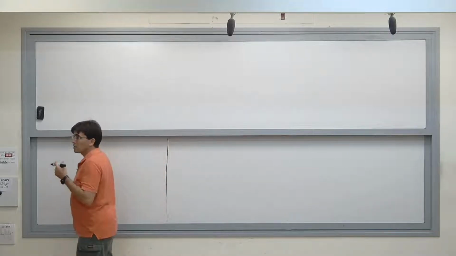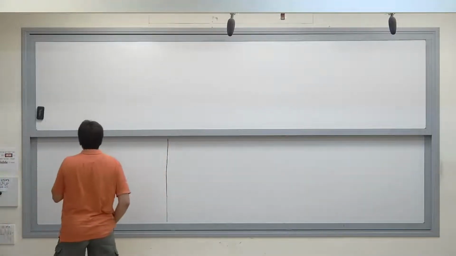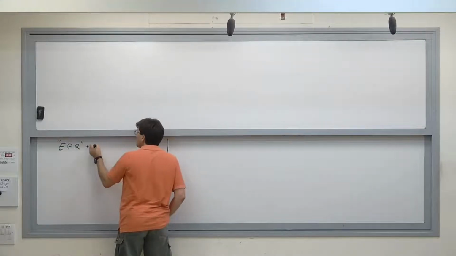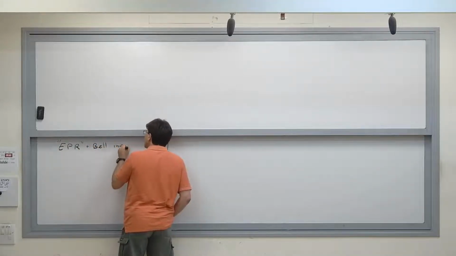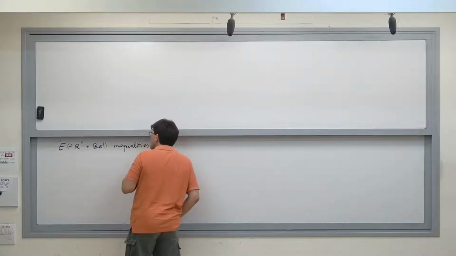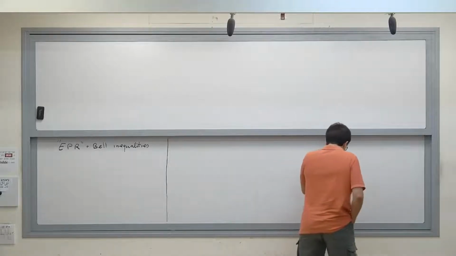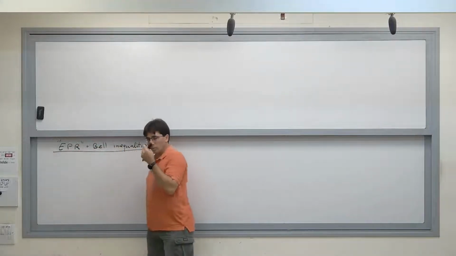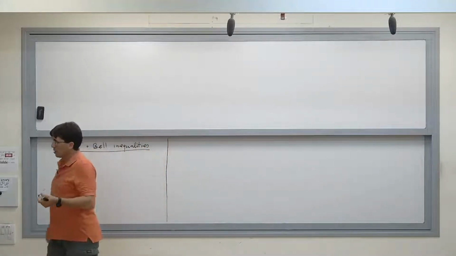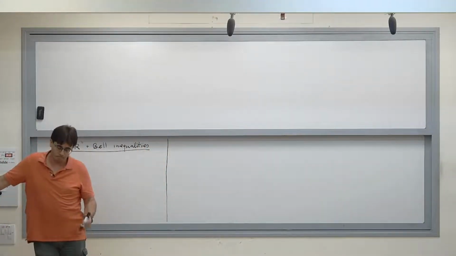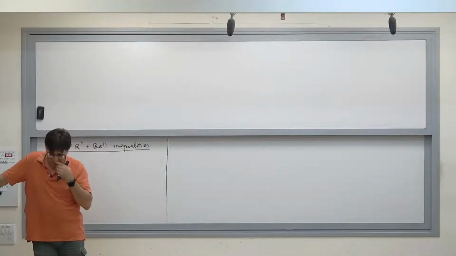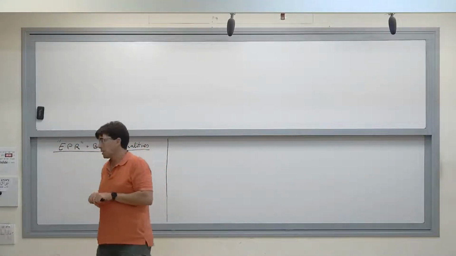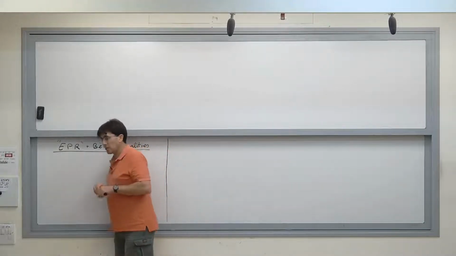So we want to talk about, well, I could say this is EPR. It's not exactly EPR, because the EPR paradox, the way it was originally formulated, was related to continuous variables such as position and momentum, and specifically in the EPR paradox,